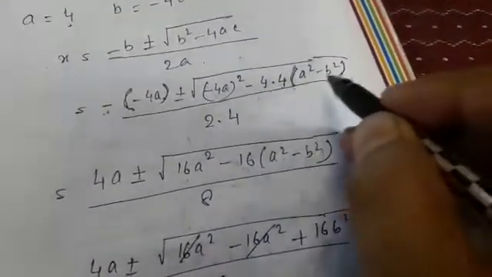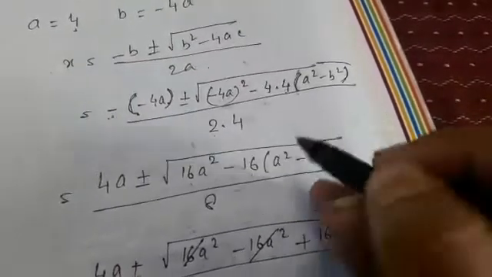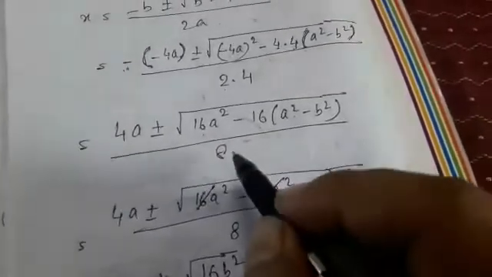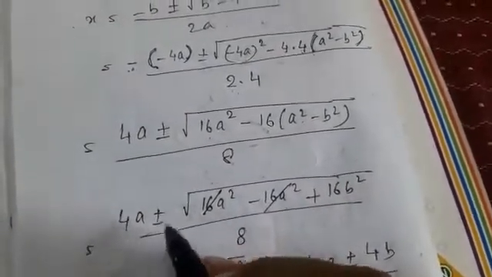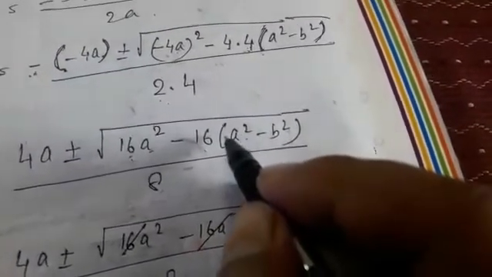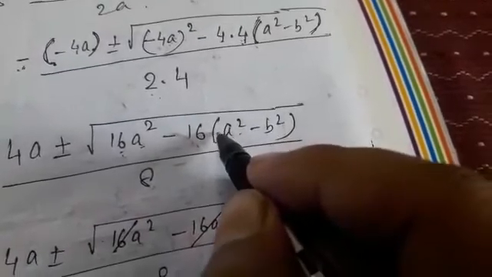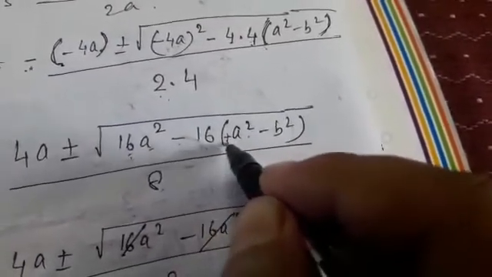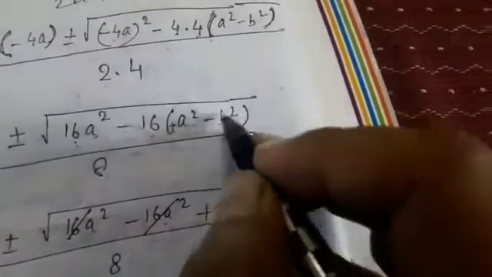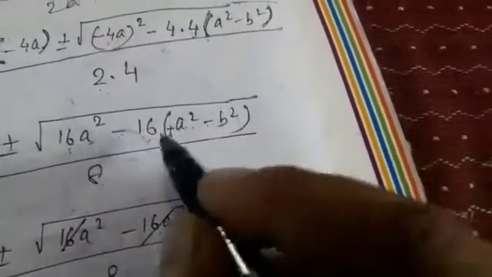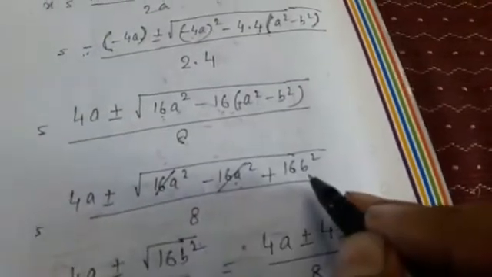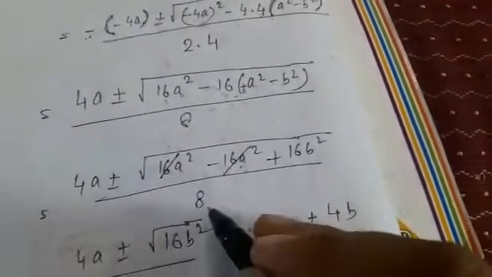You can solve it directly from this step also. To make you understand, I am doing more steps, right? So 16 a square minus b square, by 8. Now we are left with 4a plus minus root under. Now from here we have got 16a square. Now you open this bracket. So this is plus. In front of a square there is nothing, means it is plus. So plus into minus is minus. 16 into a square is 16a square, right? So minus 16a square. Now see, minus into minus is plus. 16 into b square will give you 16b square. Got it? So we have got this term after opening the bracket, and whole by 8 is there.